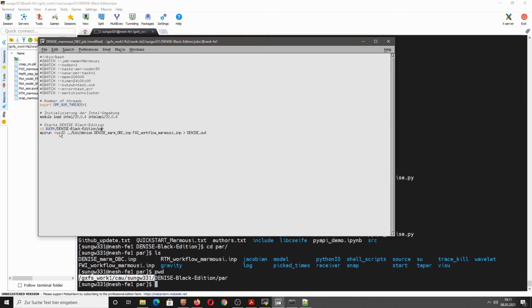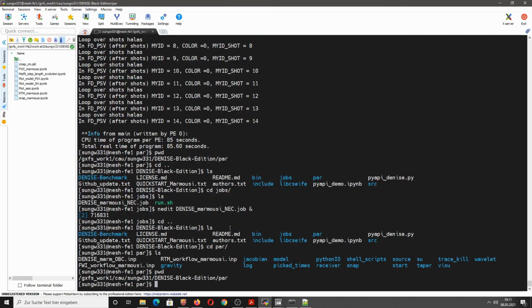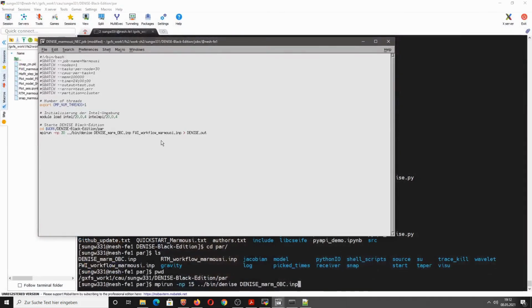Okay, and then you have to use exactly the command that I used before when I was running the code on the login node of the NEC cluster. So mpirun, mp15 in this case, and then the location of the binary file and the name of the input file. This is actually what I've done here.